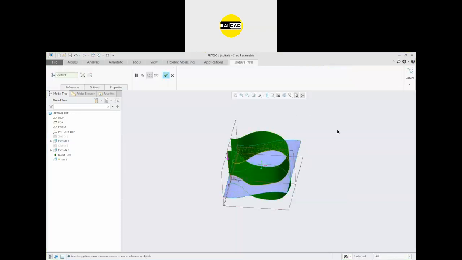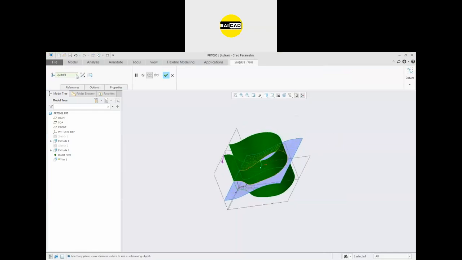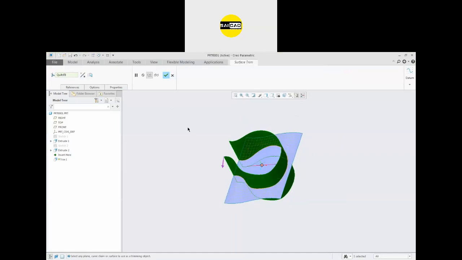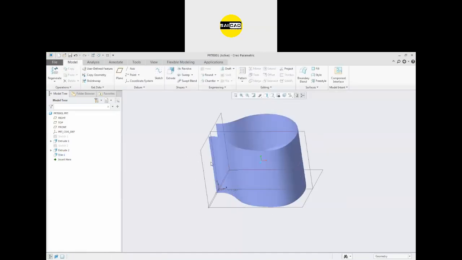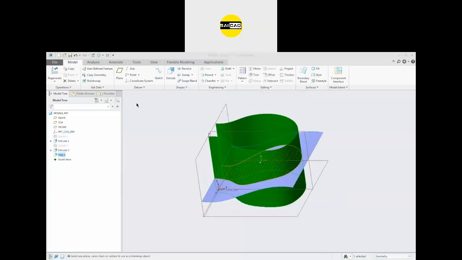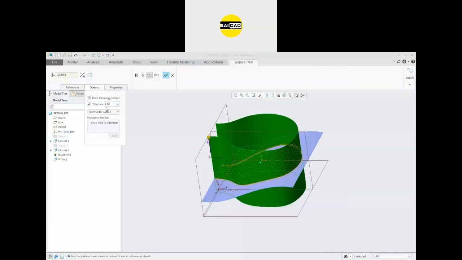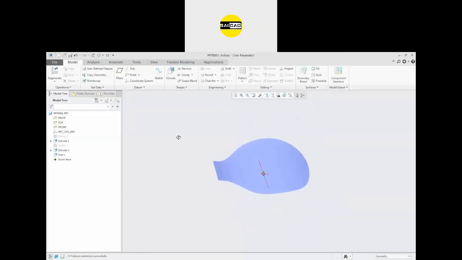I want to trim this one. Okay. So I just want to flip the direction of the material, click OK, like that. You can create some pins in the 3D.